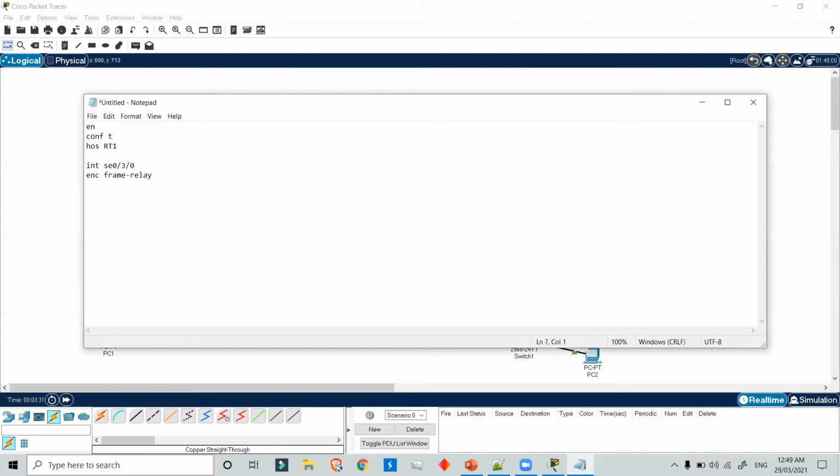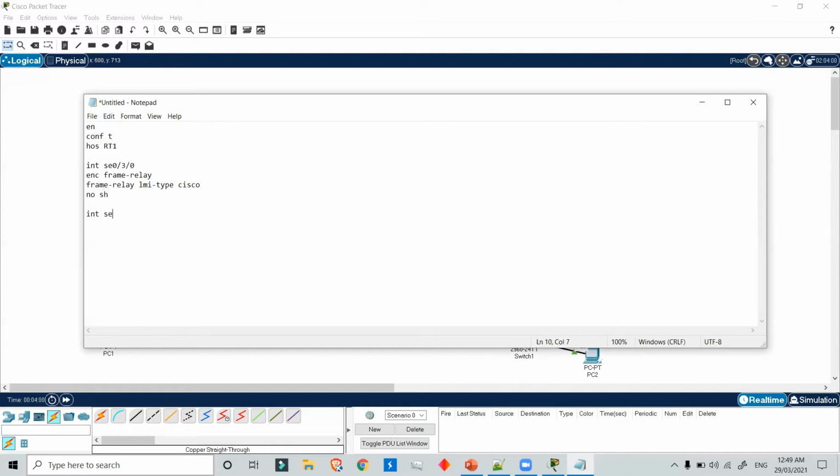The type which we'll be using for the frame relay is the LMI type. Then no shut to activate the port. Now if you want to make a connection from router 1 to router 2, we'll provide the IP address here.